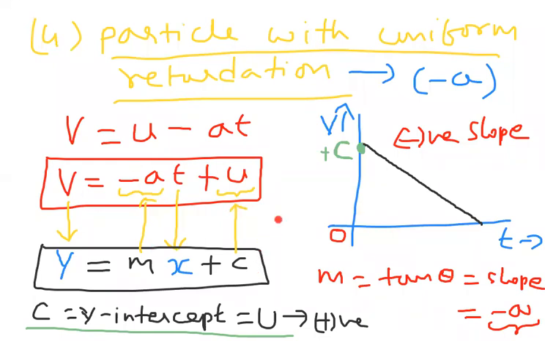So first observe c is positive. Positive means starting from the positive y-axis. M is a negative slope, so you have to draw the line going down, not up. Here, a negative slope says that the velocity value decreases with increase of time. We can understand that information from the negative slope. This is the information for velocity time graphs.